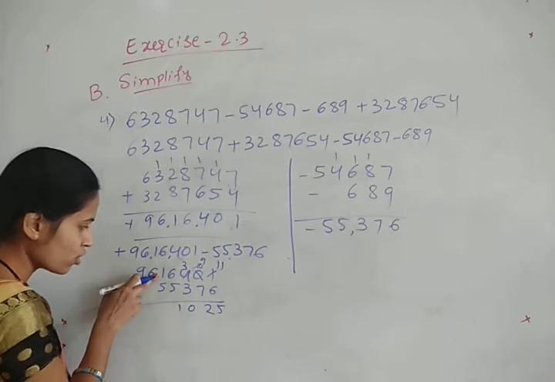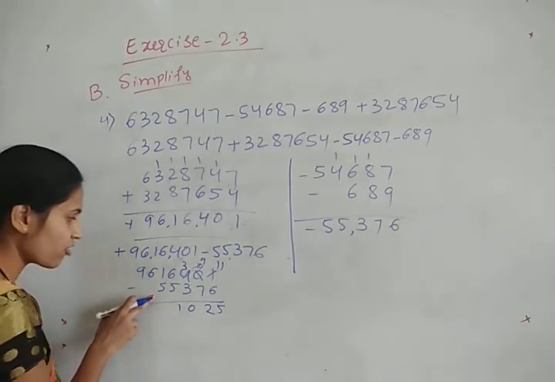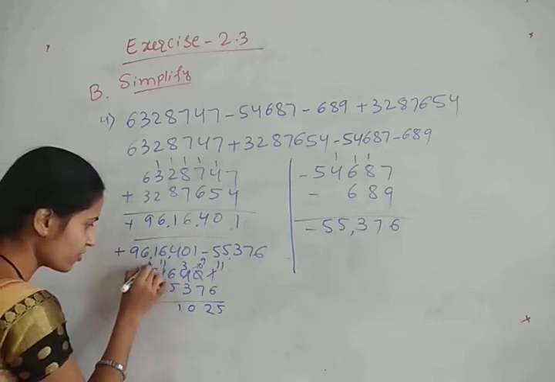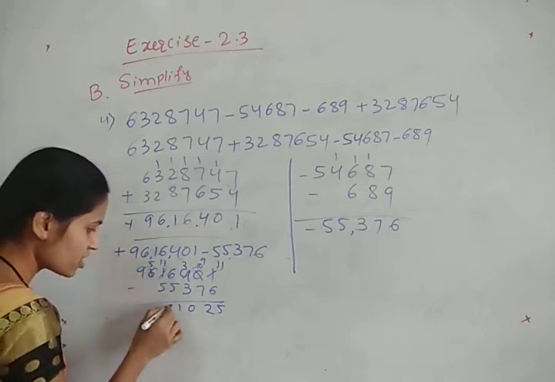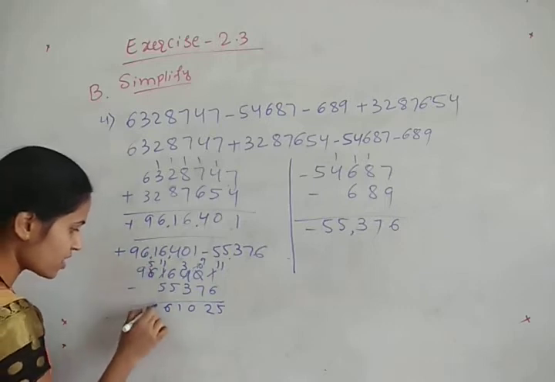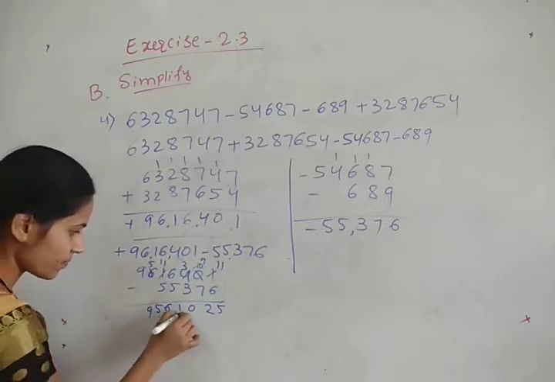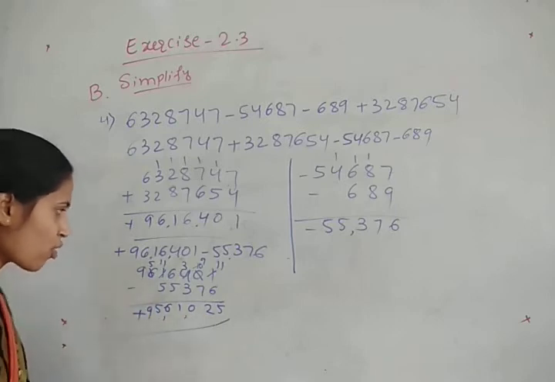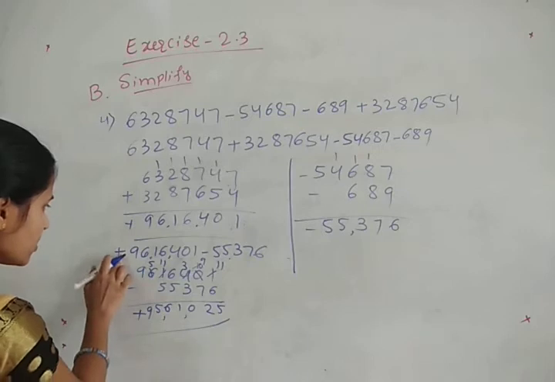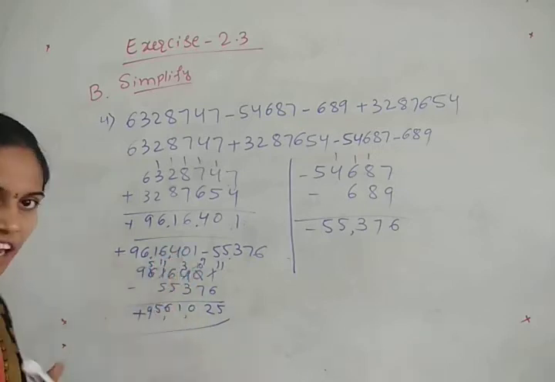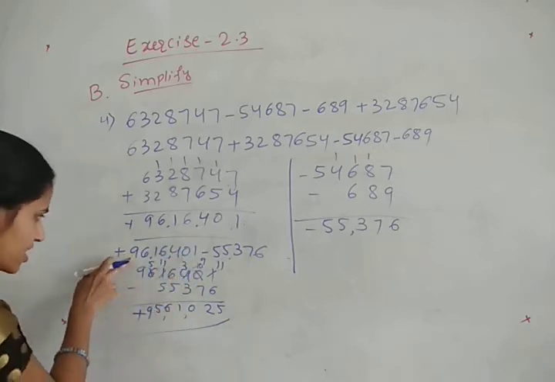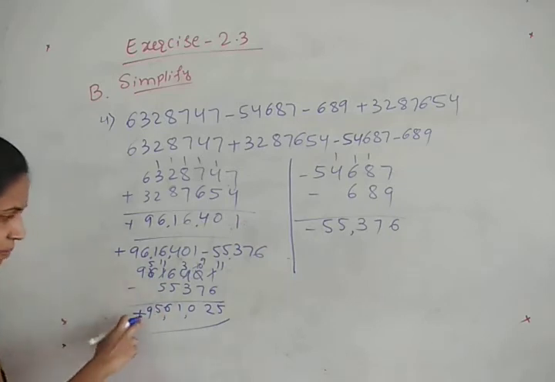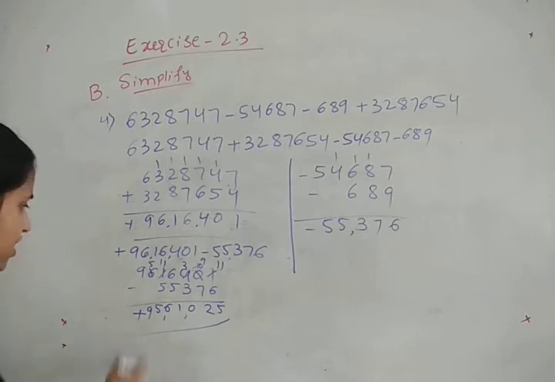Okay, now here also 1 minus 5 is not possible. For that I will take 1 borrow from this 6. Now this one becomes 11. Here we left with 5. Okay, 11 minus 5 is nothing but 6. Now write 5 as it is and 9 as it is. Okay. So this is the result. So I will write plus symbol here because the number which is the greater number is having which symbol? The greater number is this one and it is having plus symbol. So that's why here also I have written the plus symbol. Okay. Yes, take down this one.